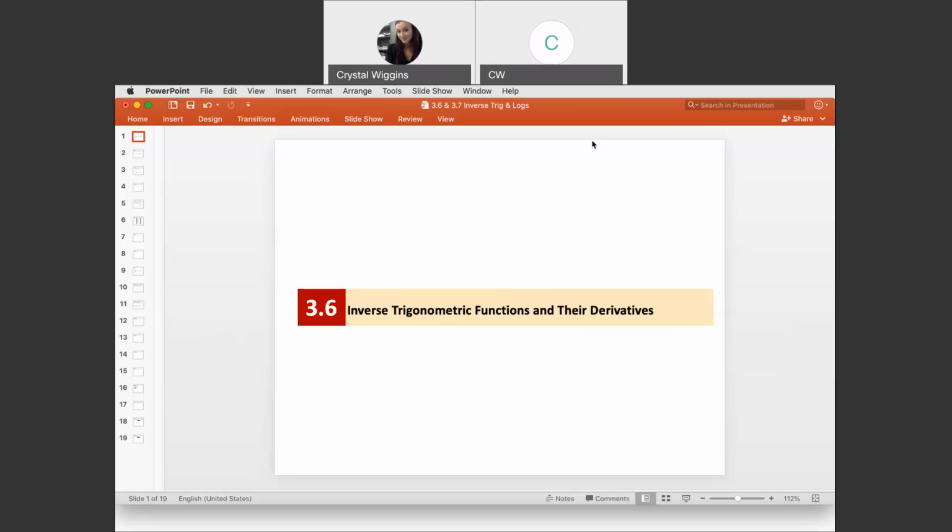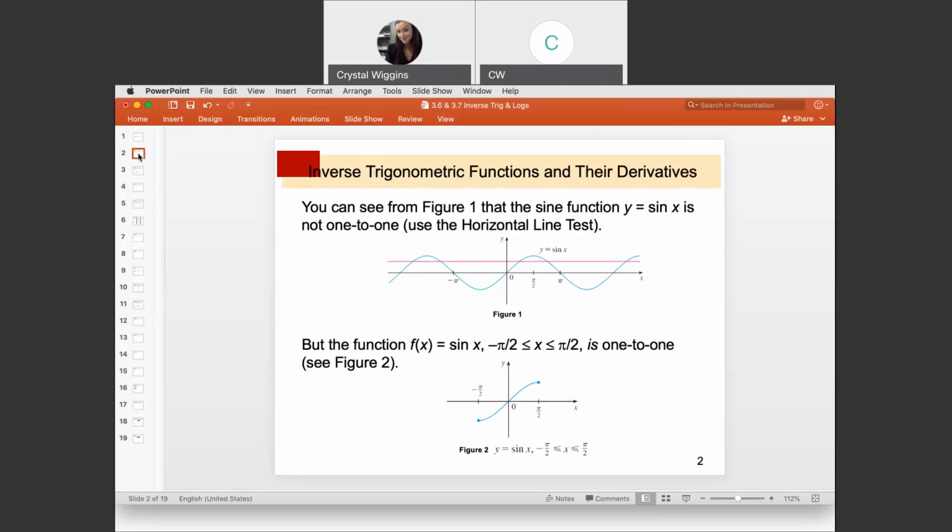Okay, we are going to discuss inverse trigonometric functions and their derivatives and logs and their derivatives in this presentation. So you can see from the figure that the sine function y equals sine of x is not one-to-one using